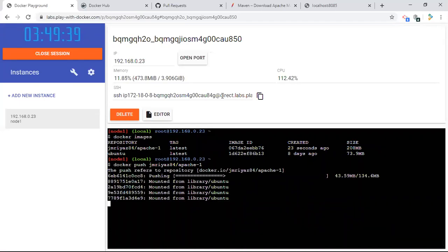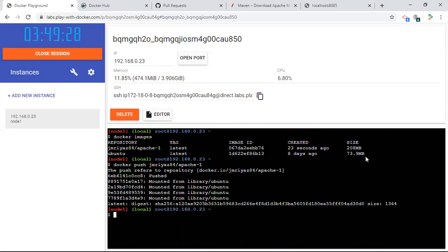See, it is going to move that code into your Docker Hub. The size is 208 MB, but Ubuntu is only 73 MB. If you look at an actual Ubuntu operating system, it is nearly 1.5 or 2 GB. But here it is only 73 MB, because only the required libraries are in this image. So you get the operating system itself in 73 MB. It is amazing, that is the power of Docker. On top of that we have installed the Apache server, and then in total it comes to 208 MB.